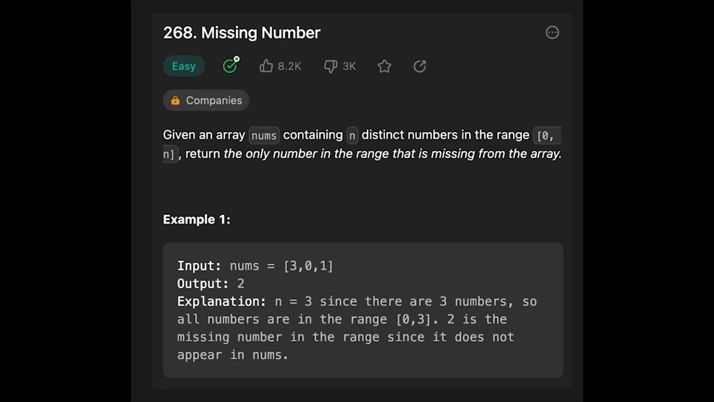Hi everyone, today we are going to solve the leetcode question missing number. So you are given an array nums containing n distinct numbers in the range 0 to n. Return the only number in the range that is missing from the array. So let's see the example. So you are given 3, 0, 1, and the output is 2 because